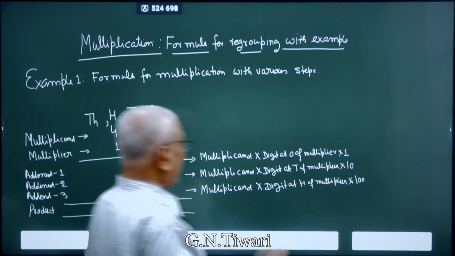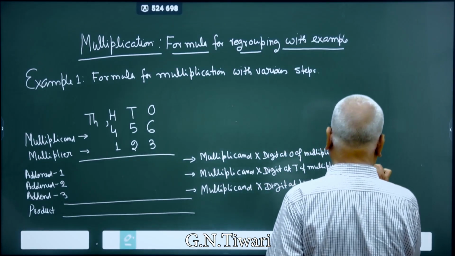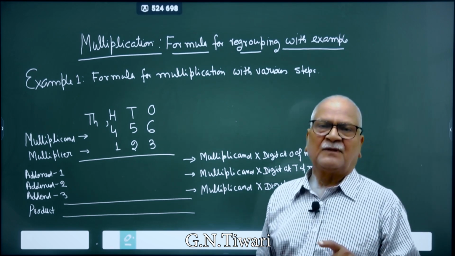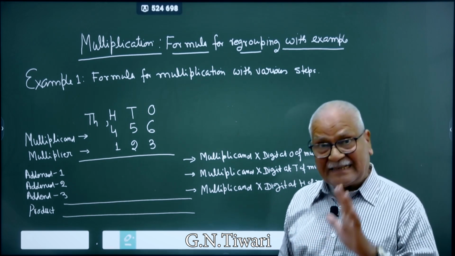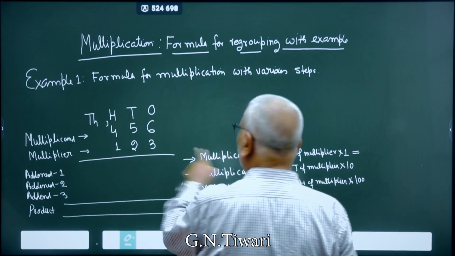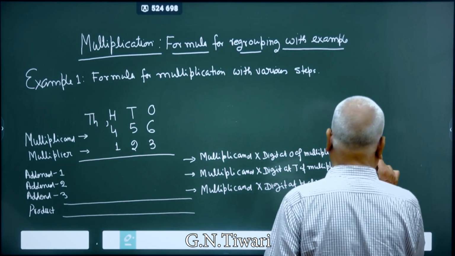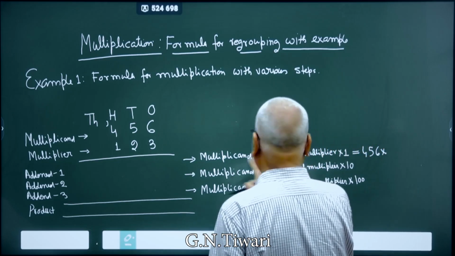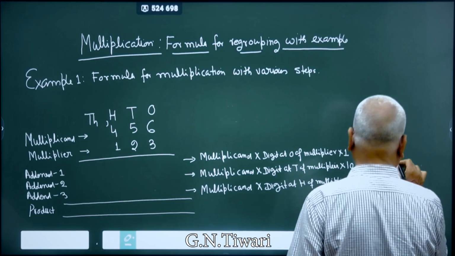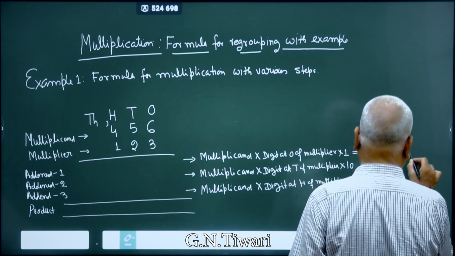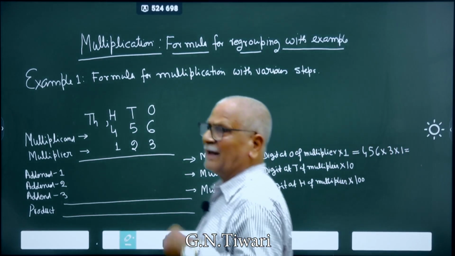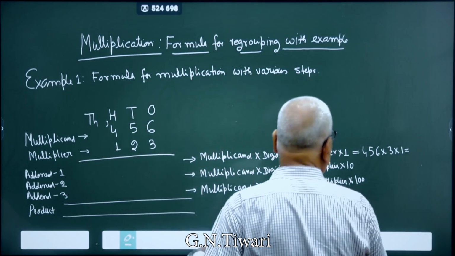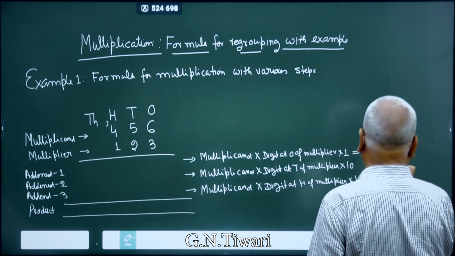Now, what does it mean? I have already told you that the student should know the multiplication from 0 to 10, at least. Now, what is the multiplicand? Multiplicand is 456 into the digit at multiplier 1, which is 3. And then 1. Everyone knows, I have already told you that if you multiply any number by 1, the number will remain the same. So here we should multiply 3 by